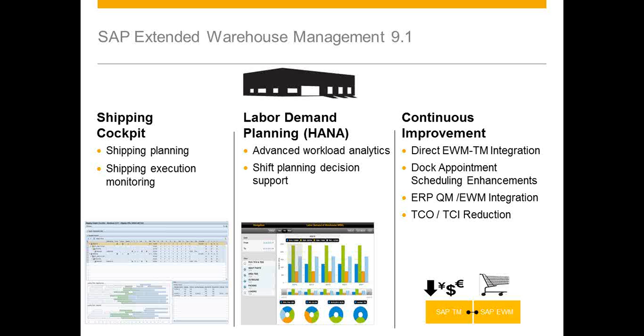The other major enhancement is labor demand planning, which uses our in-memory database technology, HANA. So it allows for workload analytics in real time going against the transactional database, which is not possible without a tool such as HANA. It allows you to look at different areas of the warehouse and both planned and current workloads, so waves that have not been released against a certain area, as well as picks that are in progress, and do this in real time. It can be, of course, displayed on a desktop, but as you can see from the user interface here, it's also designed to work well on a tablet, so maybe someone walking around in the warehouse